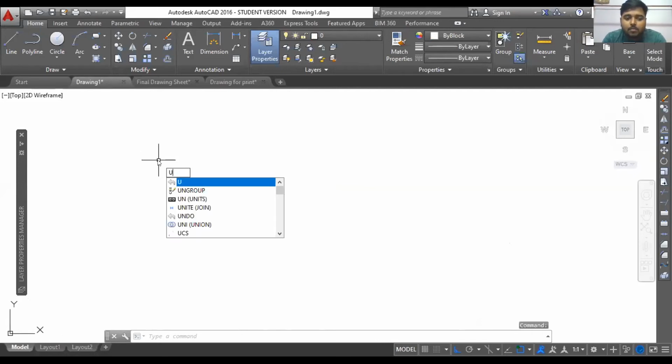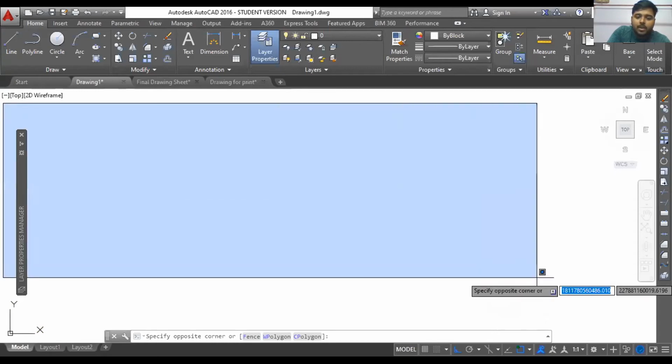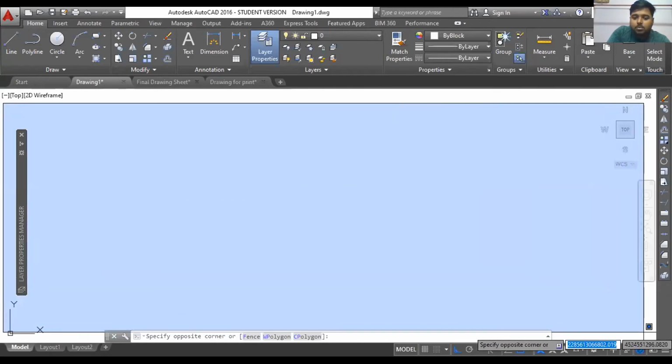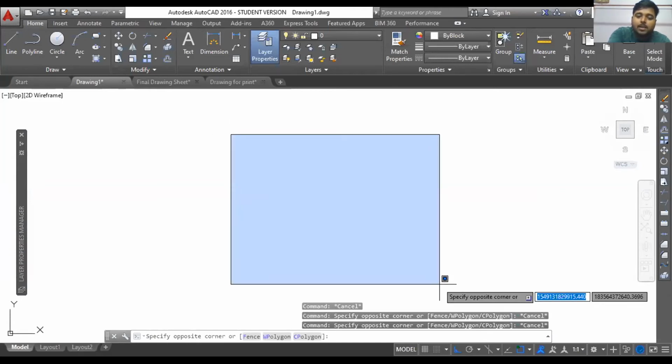Whenever you come to this particular page, after setting the screen color, after importing the plan or whatever, the manual sketch, the conceptual sketch, you need to set the dimensions. So how will you set the dimensions of the sheet? First you can select a workspace area. That means how much portion of area you want to cover. Maybe within this area you want to draw, maybe within this much area you want to draw. So you need to specify the limits.